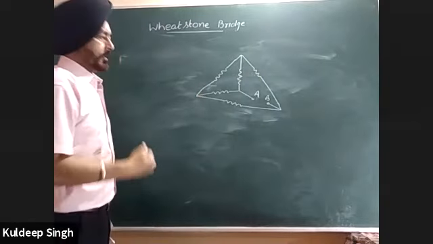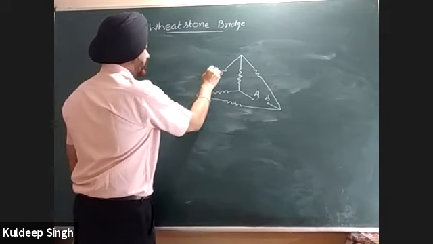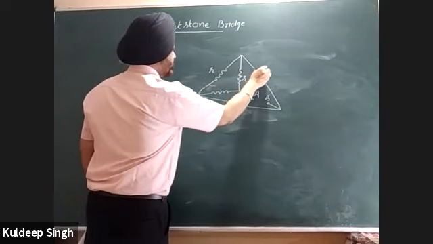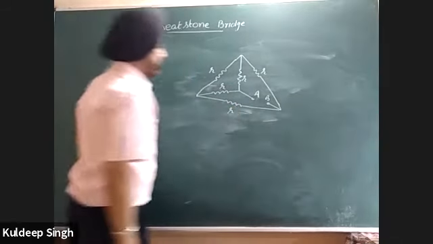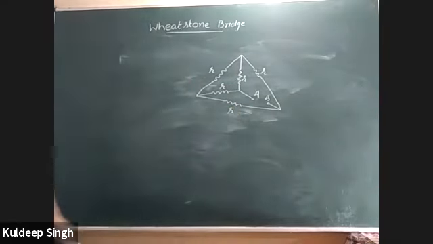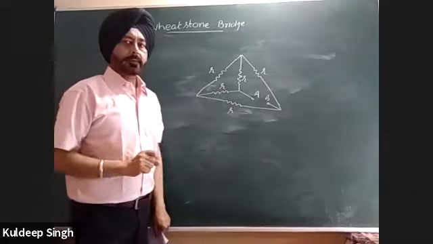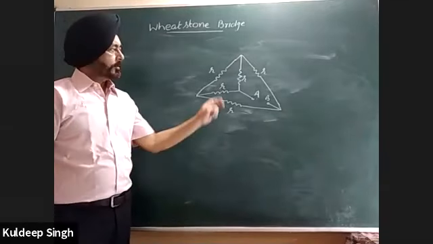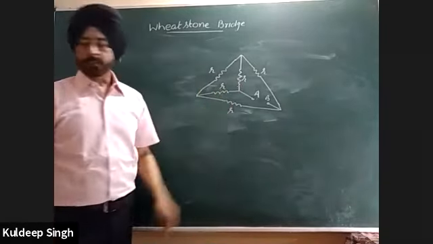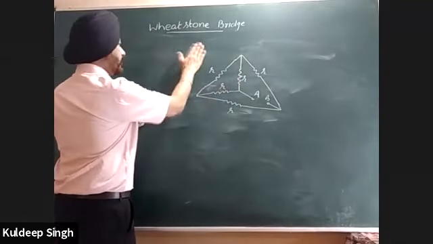So I should think about the Wheatstone bridge. Say each resistance is equal to R. Okay. Now, is it a Wheatstone bridge or not? How can we think about it? How can we find out? So basically, this circuit is folded. So you have to unfold this circuit. I will unfold it and go to this point.